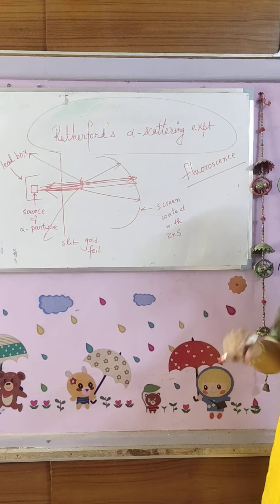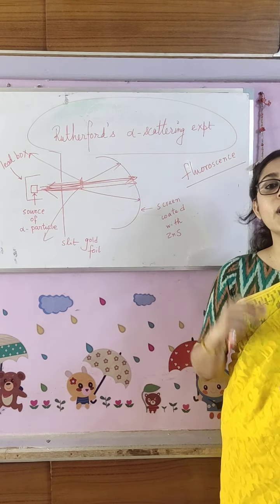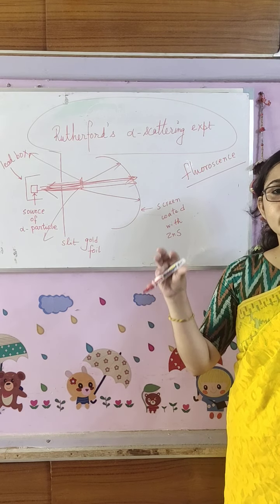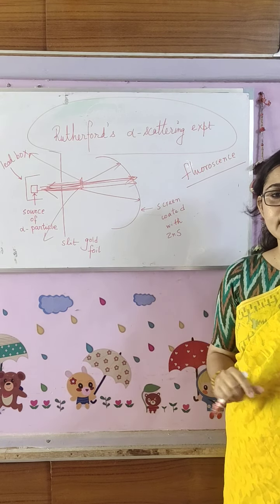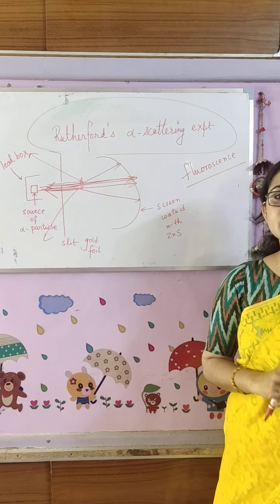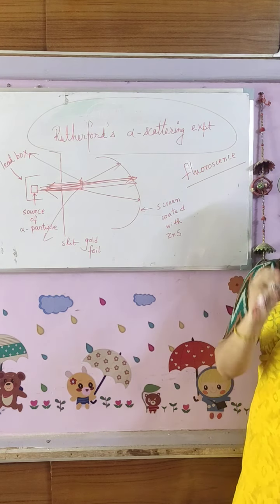So from this only, as I told in the previous video, the 2 conclusions were made: the nucleus, the center with a huge mass with all the neutrons and protons, and the extranuclear part where the electrons are revolving. And while the electrons, as they are having a negligible mass, we consider the whole region where the electrons are revolving as vacant. And only the nucleus, a very small region where all the mass is concentrated, is a heavy thing. So whenever the alpha particles were going and colliding with the nucleus, they were suffering a heavy deflection.